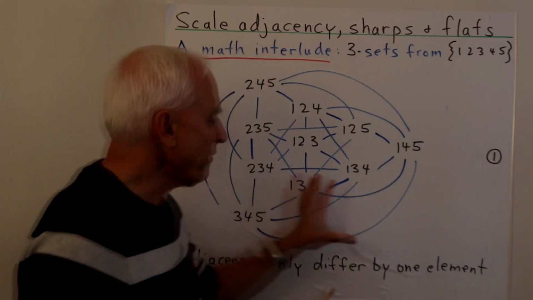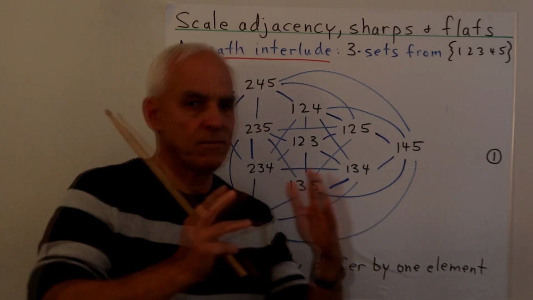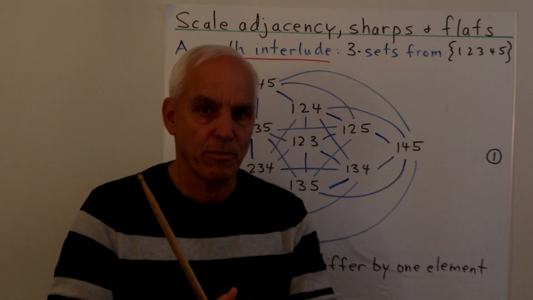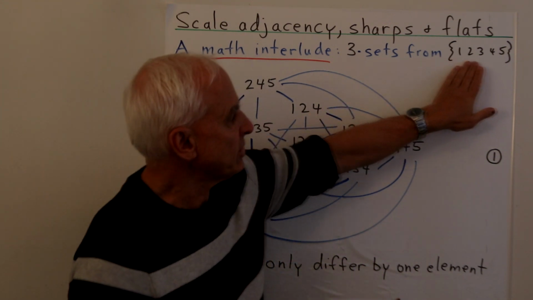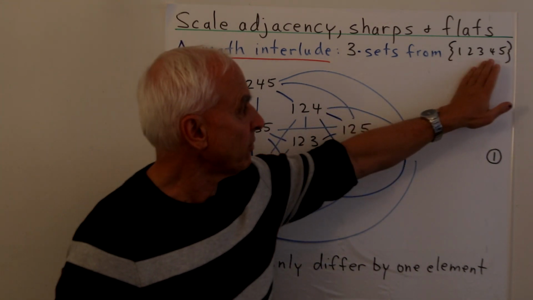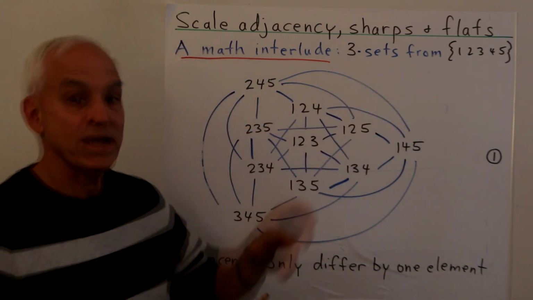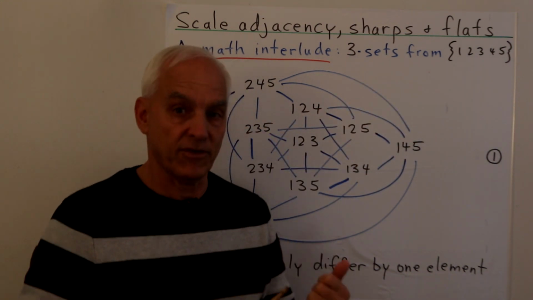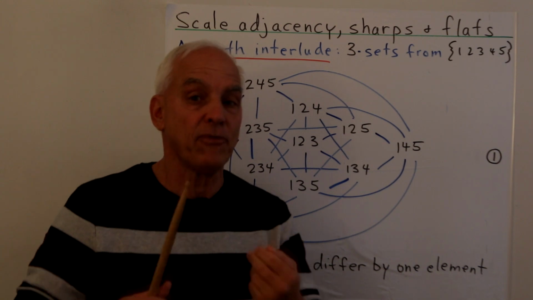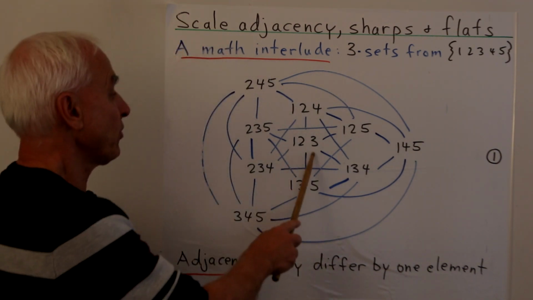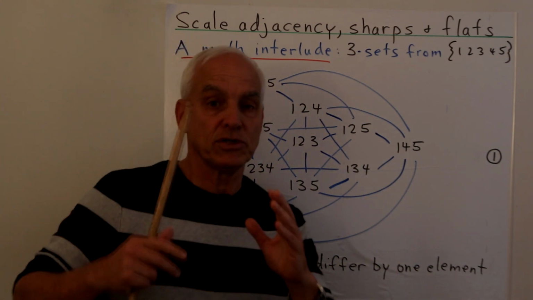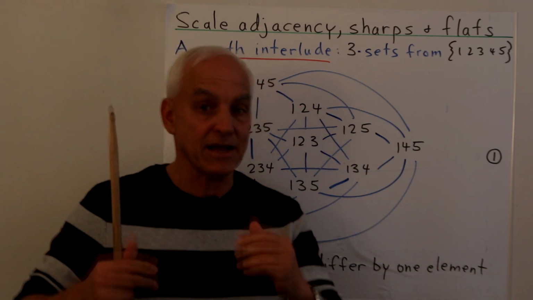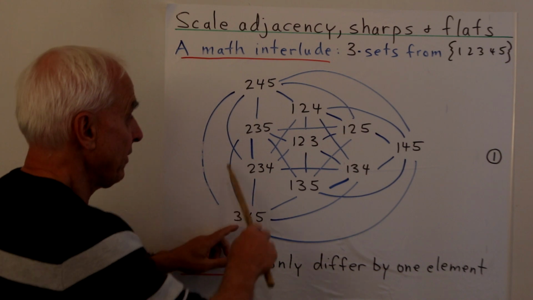So to motivate us a little bit, let me just move temporarily into the world of pure maths for a second. And let's consider the situation where we just have 5 things, say the numbers 1, 2, 3, 4, 5, and we're considering 3 sets from this set. So in other words, we're considering subsets with 3 elements, like 1, 2, 3, or 1, 2, 5, or 3, 4, 5. Now there are 5 choose 3, which is 10 different such subsets, and here they all are.